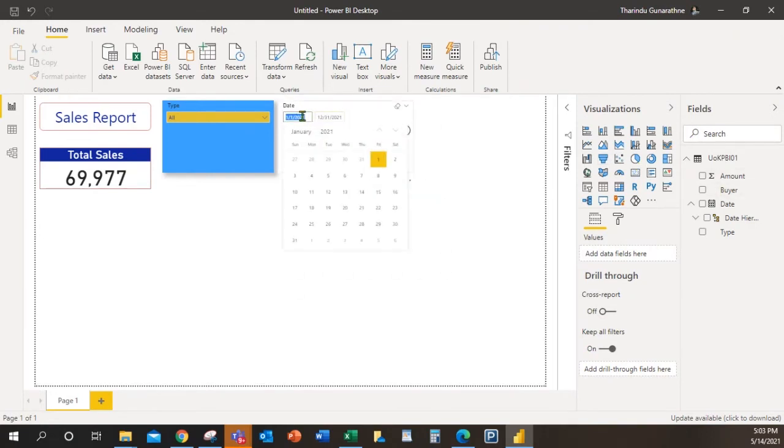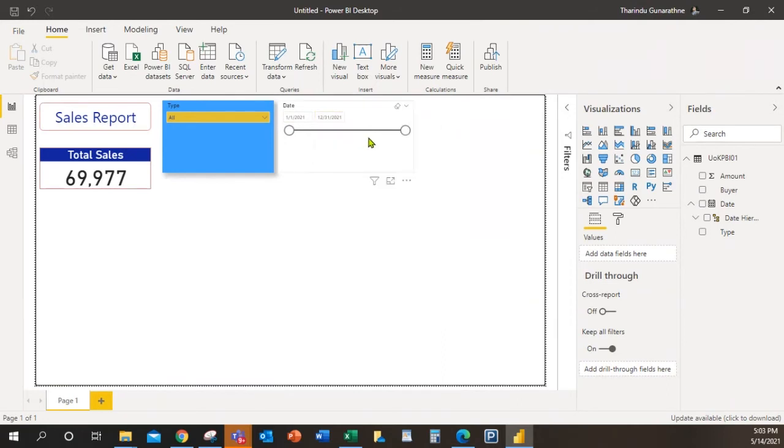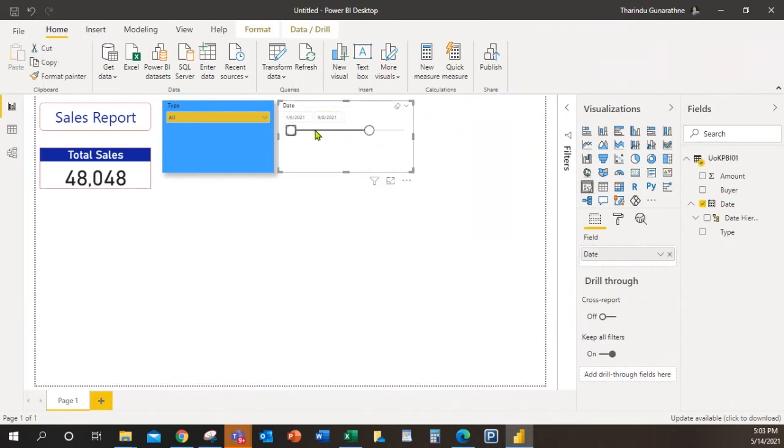Now you can see the calendar filtration and the slicer filtrations like this. Okay, see, now you can see the whole data set is filtering, right? You don't need to have all other visualizations to understand that, because this total sales is filtering. From this filtration also it's filtering. Okay, now if you need to select multiple values, then you can simply press your control key in your laptop and press all those values.